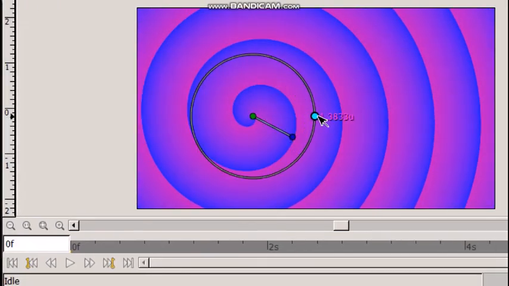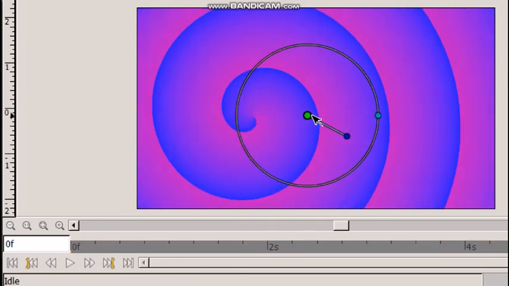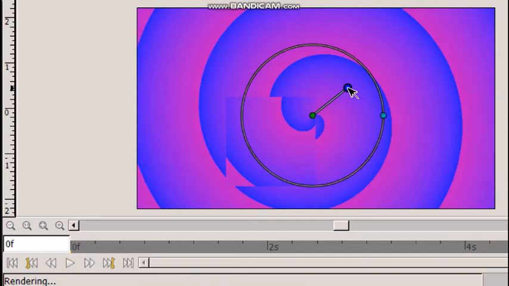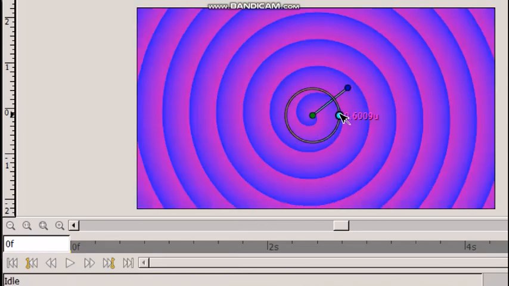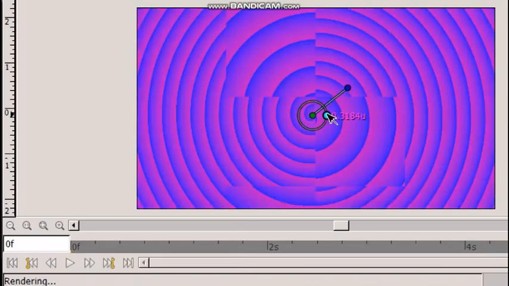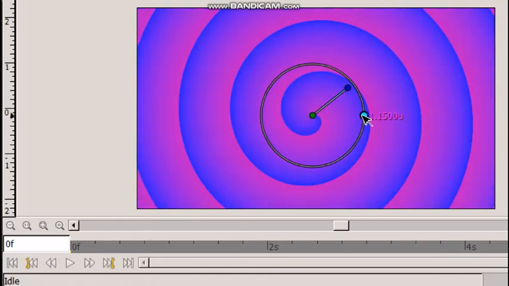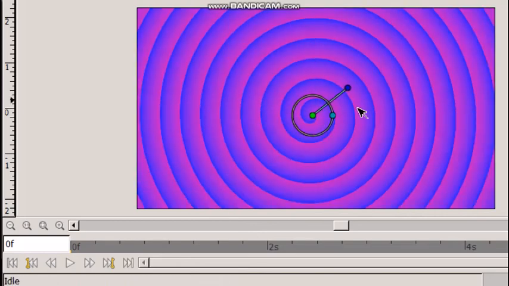This duck is used to increase the radius. The green duck is used to set the center of the spiral gradient. The dark blue duck, see what changes it creates. Decrease the radius, that is, the tightness of the circle increases. Still smaller, bigger, smaller radius. Shift the center.